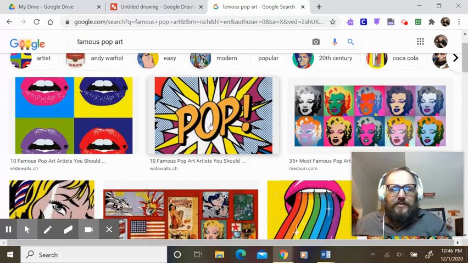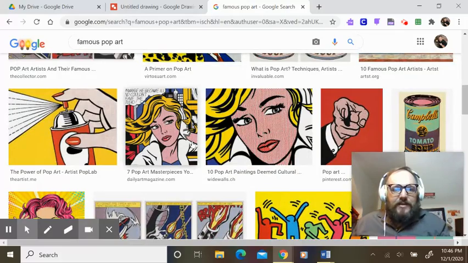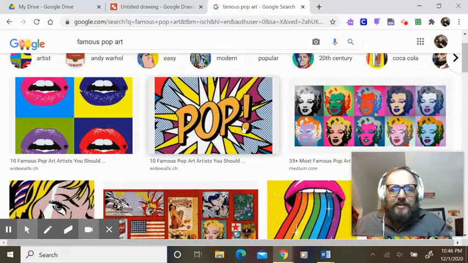So, two artists we're going to talk about are Roy Lichtenstein, who did this type of thing here with comic book art, and you can see right here. But he took a little piece of it and blew it up really big. And comic books, oftentimes when they were printed, they didn't necessarily have full color in the area. They also had these little dotted areas, and your eye kind of blends that together to make